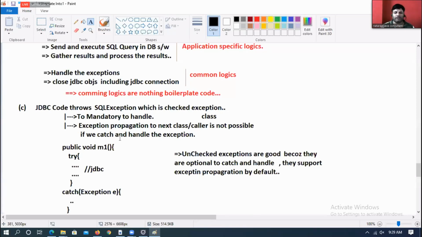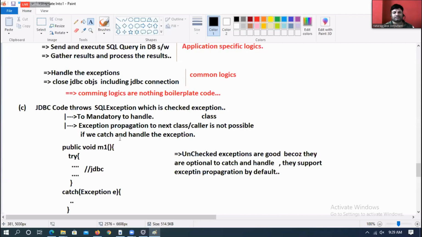First of all, everyone answer me. In a real-time project, does it contain one class or a lot of classes? A lot of classes, and all these classes have dependencies. So a problem raised in one class should be known to its dependent class or not? Yes or no? So that needs problem propagation.